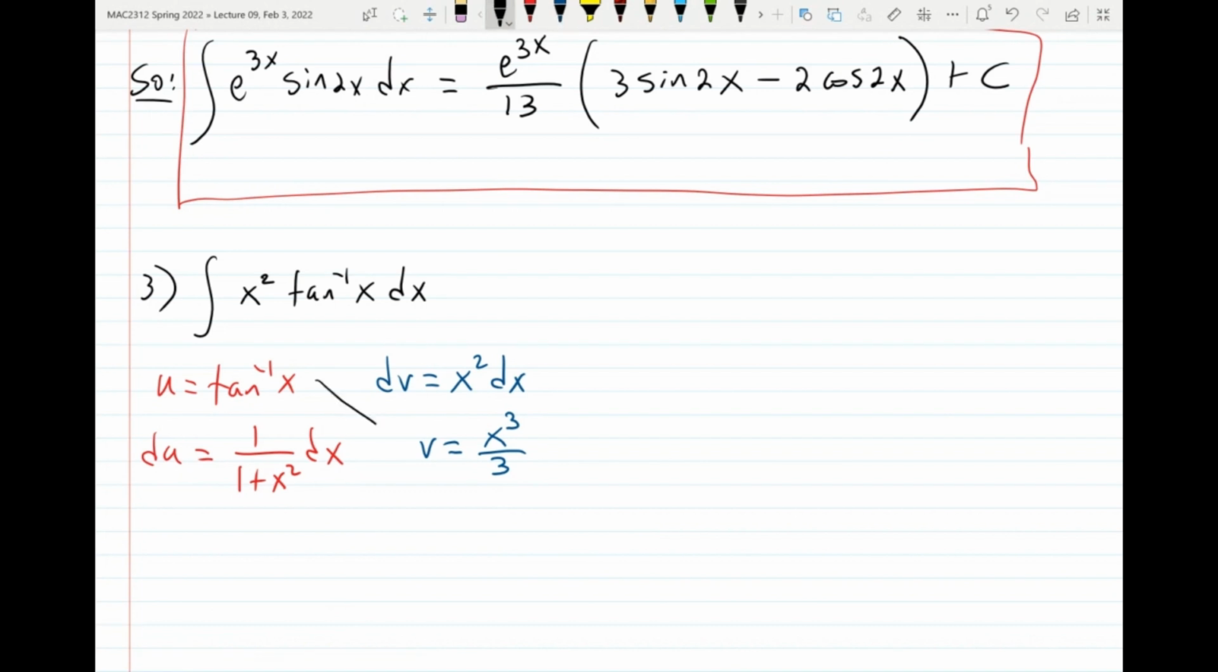All right. So now we do uv. So that will be 1 over 3 x cubed arctangent minus the integral of v du. So v du. That's okay. I'm gonna pull out the 1 over 3, and then we get x cubed on top, and then 1 plus x squared. All right. So now what we need to do is we need to be able to solve this rational integral. This is not too fun